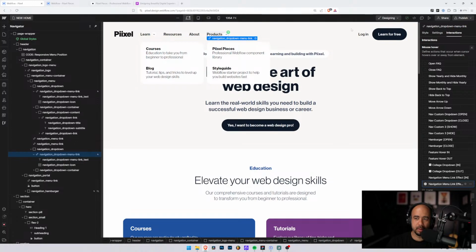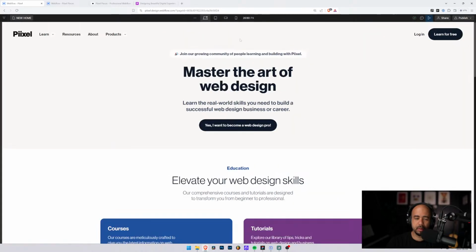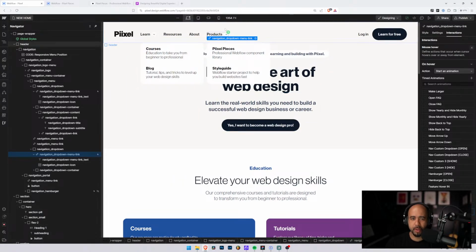All right. So that should give us the color, which it does. Oh, not this one, because I don't have the actual interaction added to this element, but we'll do that soon. But now the last thing that we need is